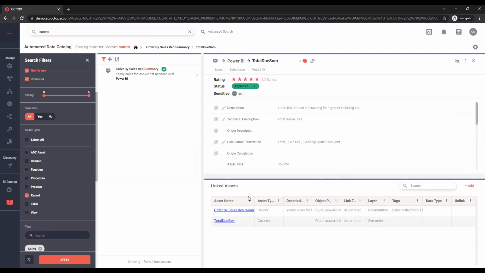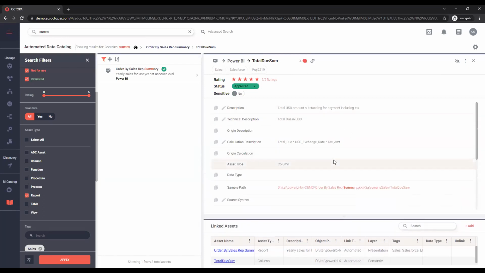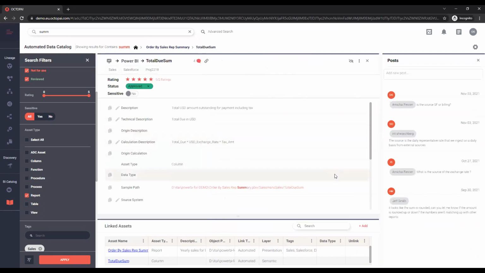Of course, it's linked to the actual report. It's also linked to the semantic layer of where the logic lies for this column. And all these same attributes that we just spoke about exist here as well, including the tags, rating, and so on. Now she's got additional questions.